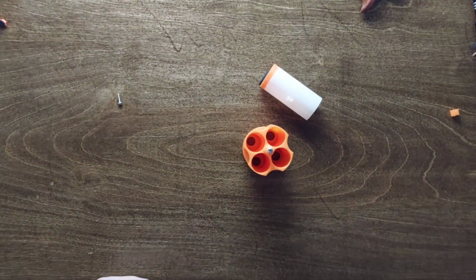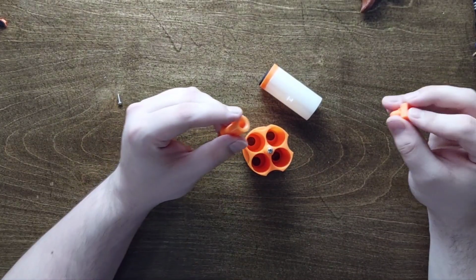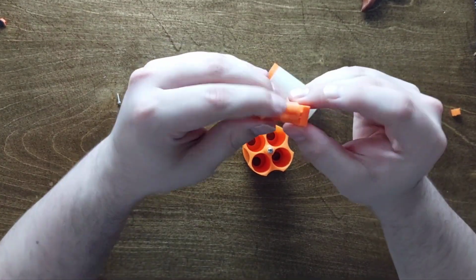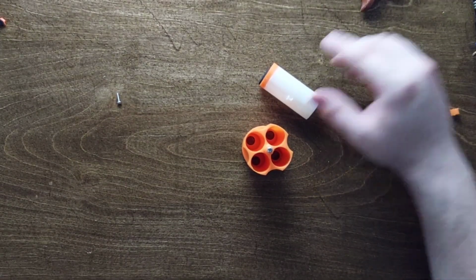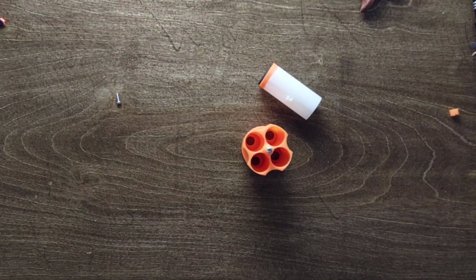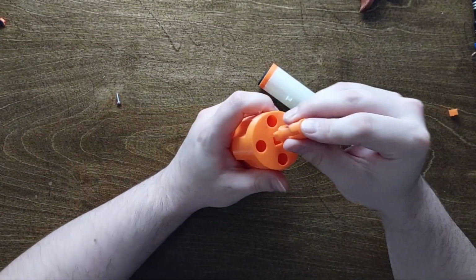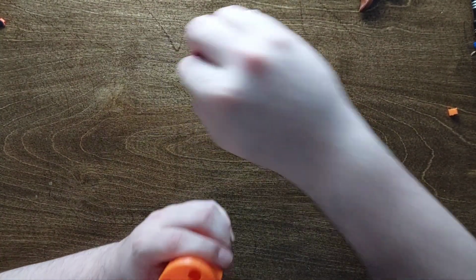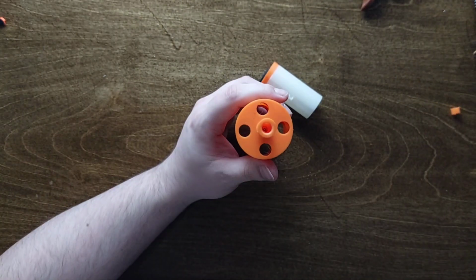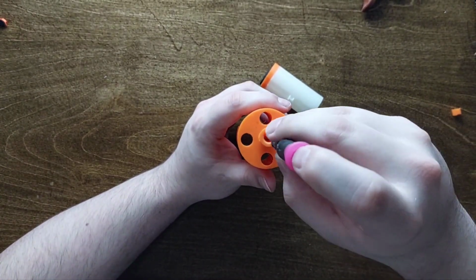Where'd I put that thing? There it is. Test it again. Nice and easy. Alright, perfect. Put this back where I had it. And now test fit. Good, good, good. Drop your screw all the way down and...